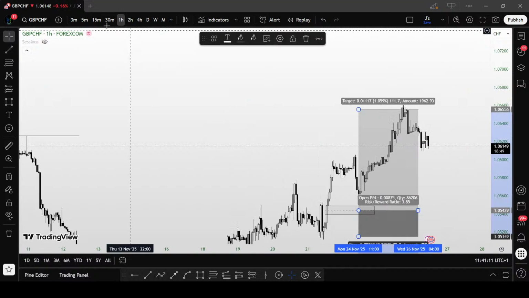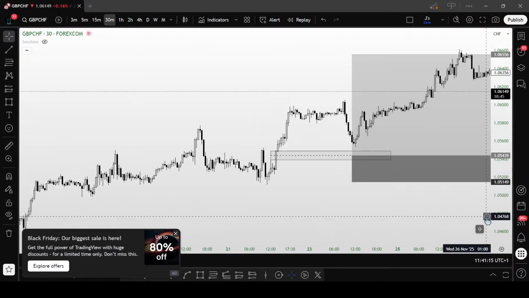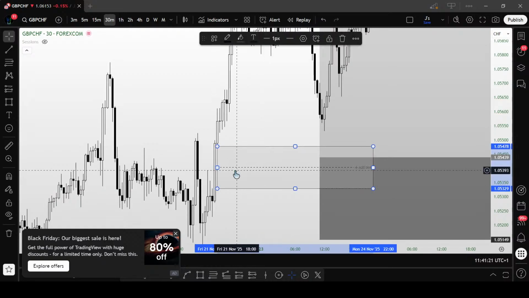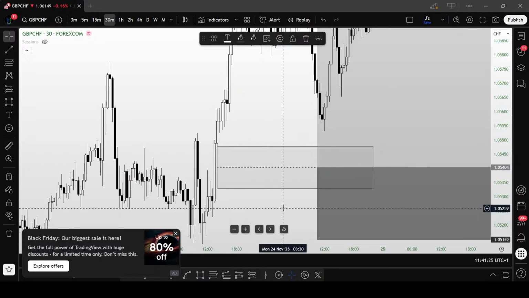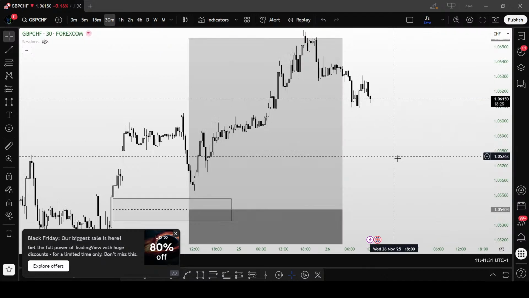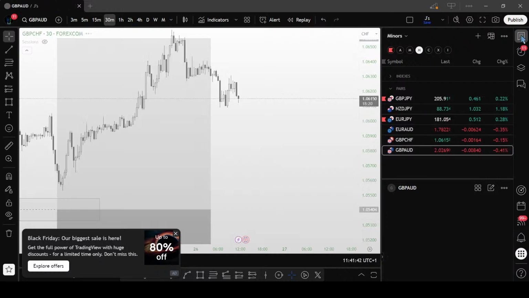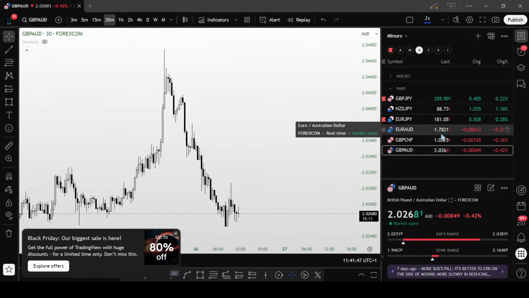I think I refined it that day. Did I? I did, right. I should have refined it that particular day. So this would have been the fair value gap, giving me 1:4. Yeah, I think that was it. Anyways, I missed this trade and I'm really pained about it. But sometimes we miss trades, sometimes we lose trades, sometimes we win them. So that was my setup on GBPCHF the other day. Currently, I don't really have much buys on it, but who knows? That fair value gap will still be used.